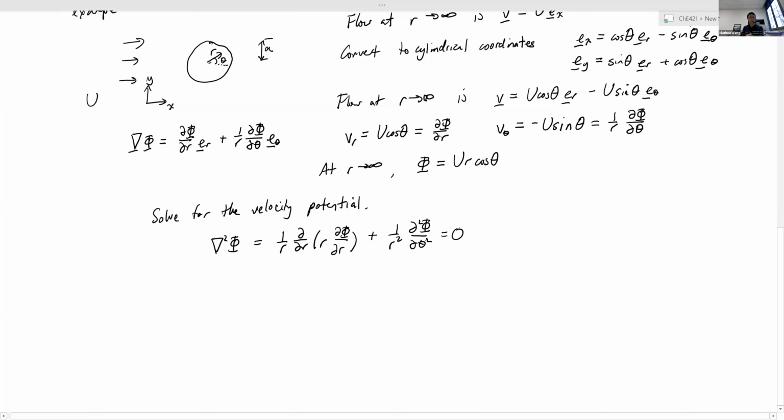Okay. We basically need to solve this differential equation. Now, given that our boundary condition as r goes to infinity looks like this, it might make sense to try a solution